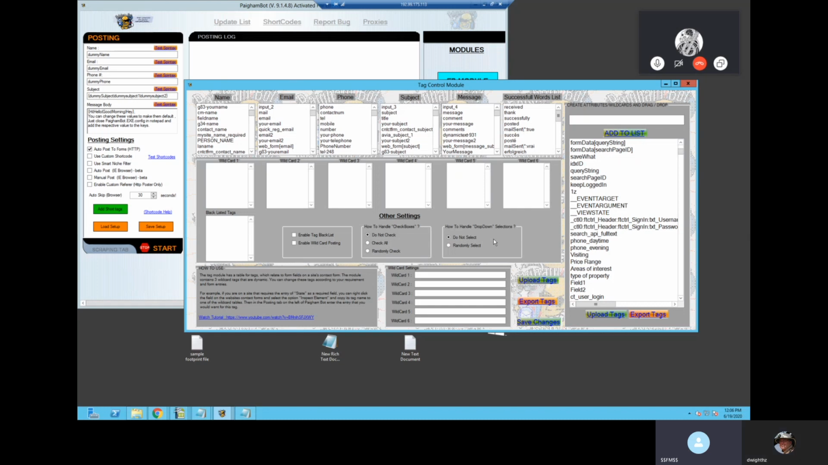Now, do keep in mind, this is one of those damned if you do, damned if you don't situations, where some websites might have anti-spam processes in it where they'll have a hidden box where it says, if you're a bot, check this box. If you had the setting set where it checks boxes, then obviously if that website